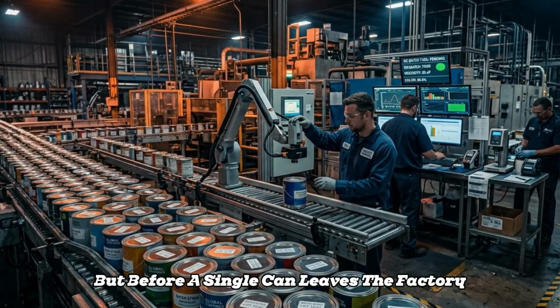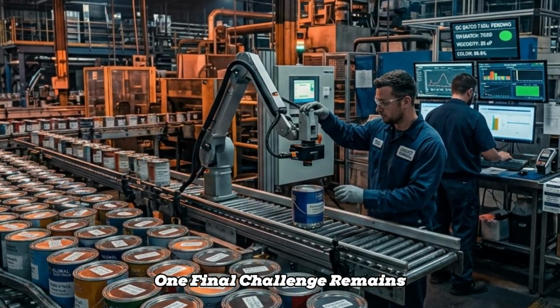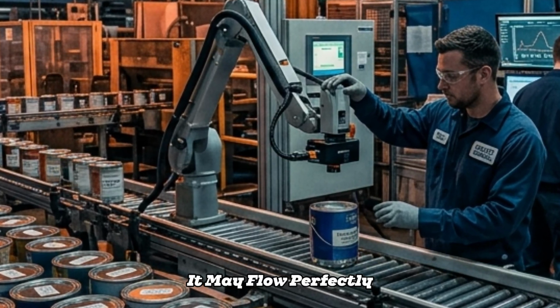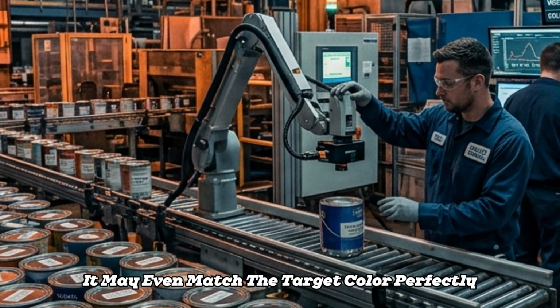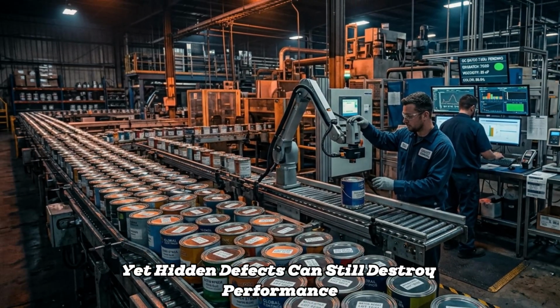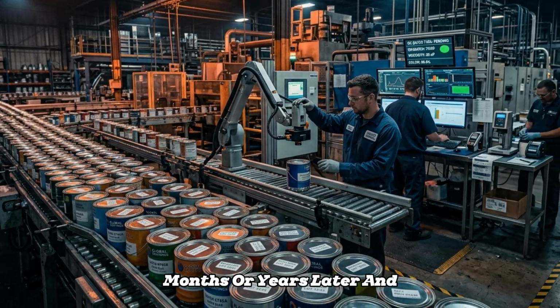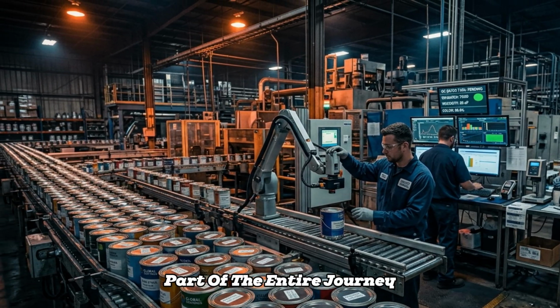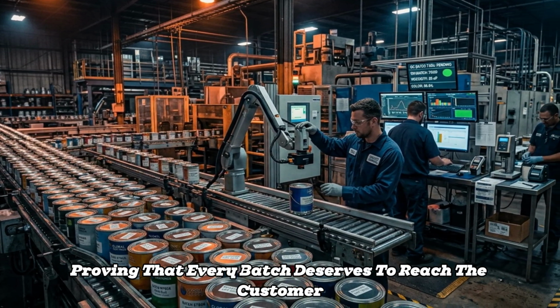But before a single can leave the factory, one final challenge remains. The paint may look perfect. It may flow perfectly. It may even match the target color perfectly. Yet hidden defects can still destroy performance months or years later. And that brings us to the most demanding part of the entire journey, proving that every batch deserves to reach